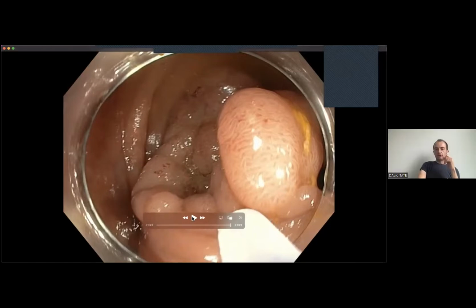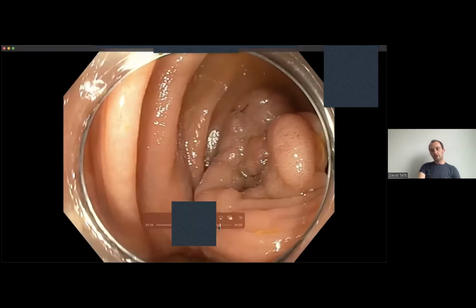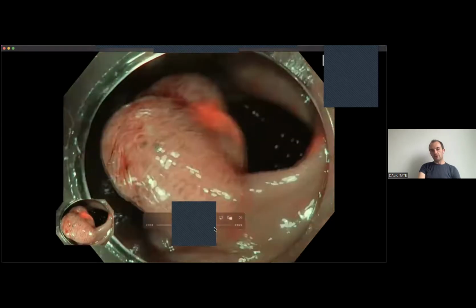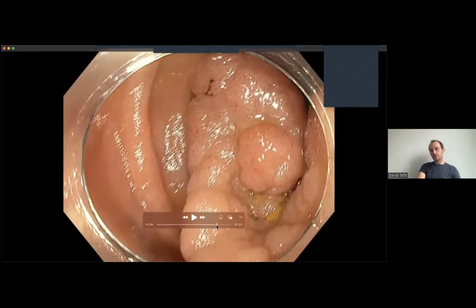Okay, so lots of great things in there, and some things which are not quite right. You said to me the size is about 30. I think that's right. You said to me that it is granular. That's absolutely right. You said to me it is Paris 2A. Everybody knows the Paris classification. In a minute, we'll share with you a slide of the Paris classification, but it probably has some nodules in it. Can I convince you of that? Some things that are a little bit higher than the background. So in fact, that would make it 2A plus 1S, the 1S part describing the nodules.